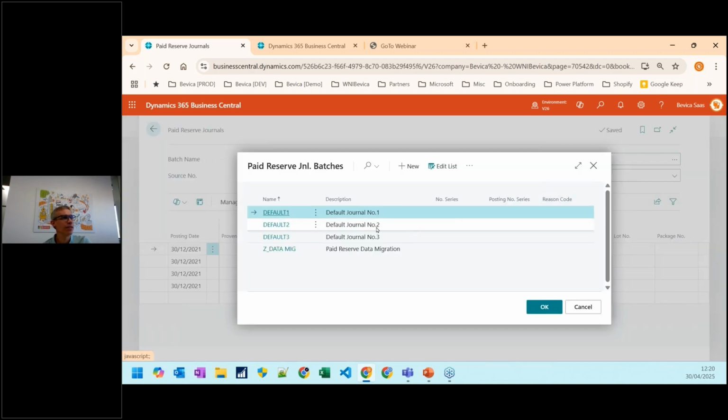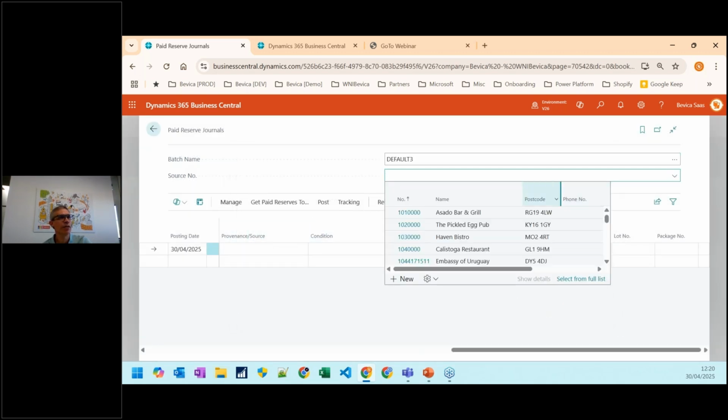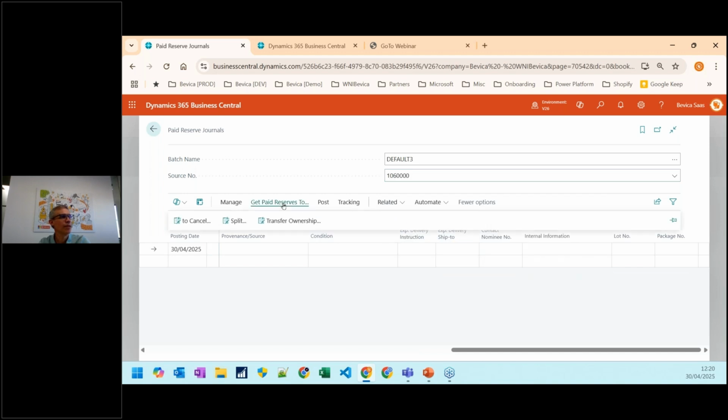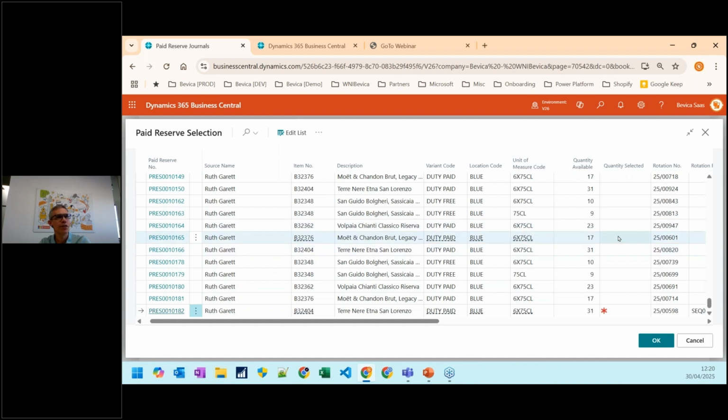The splitting is probably the last bit in this section. So I need to pick a customer. Just pick Ruth again. If I do get paid reserves to split, the idea here is that your original reserve might have been 12 packs or 6 packs, and you then want to convert them into bottles because you then want to dispatch bottles. The new feature, convert to base, if I select 2 cases from this particular reserve,